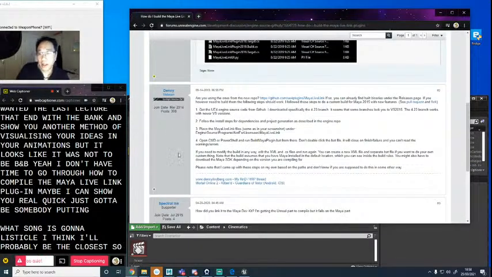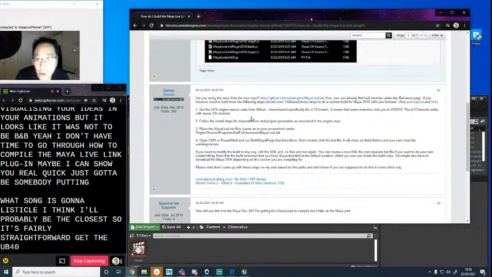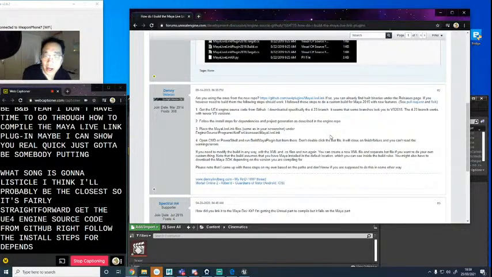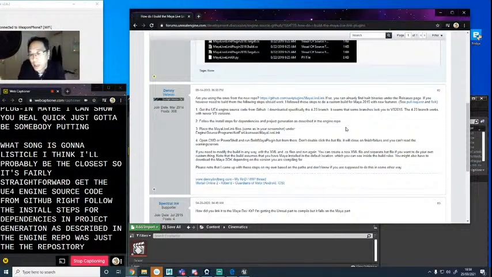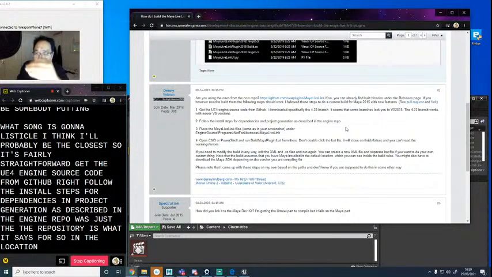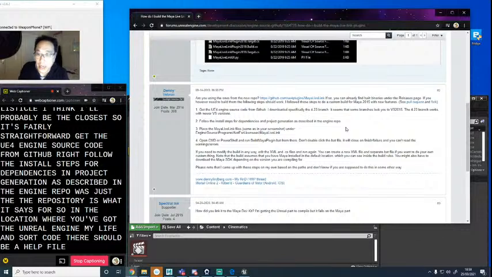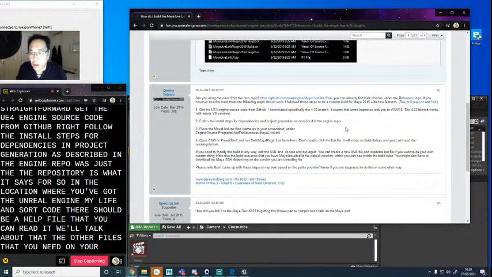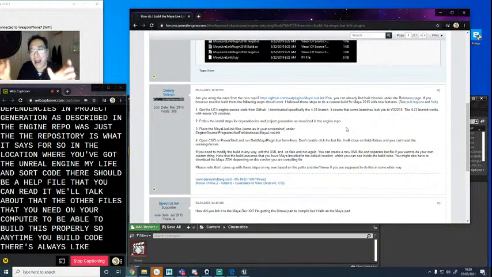Yeah, so it's fairly straightforward. Get the UE4 engine source code from GitHub, right? Follow the install steps for dependencies and project generation as described in the engine repo. The engine repo is just the repository, is what it stands for. So in the location where you've got the Unreal Engine Maya Live Link source code, there should be a help file that you can read. It'll talk about the other files that you need on your computer to be able to build this properly. So anytime you build code, there's always external libraries that you need to make